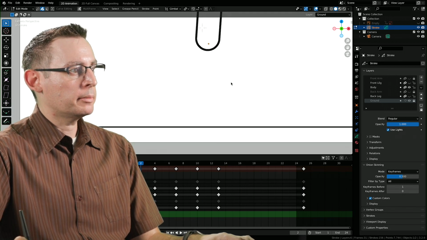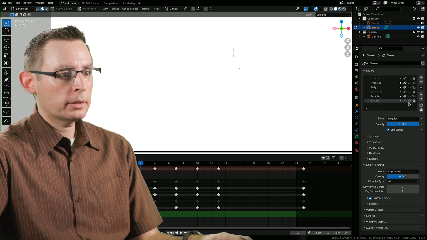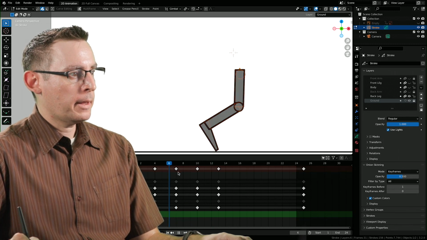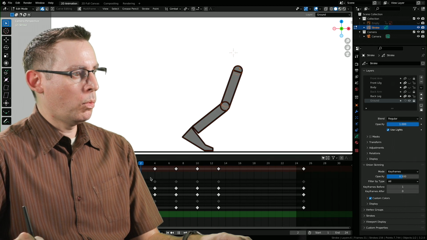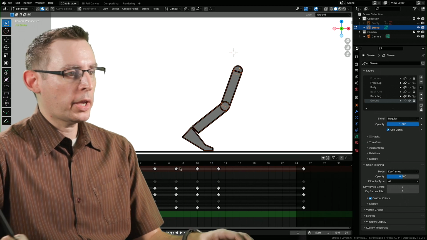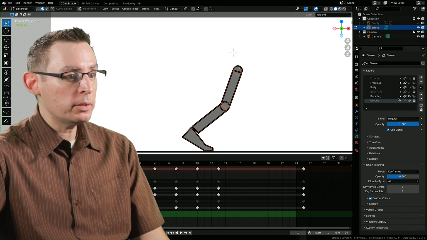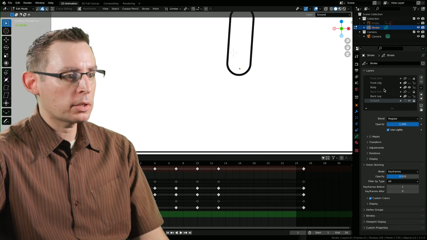Okay, let's test it. Let's turn off our body, turn on our back leg. Are all the parts and pieces there? Yep, they're all there. Wonderful, wonderful. Okay, great. Now let's start duplicating frames. We're going to start with the body. The body is going to be the easy one, so I'm all about little victories. Let's just go ahead and start that in there.